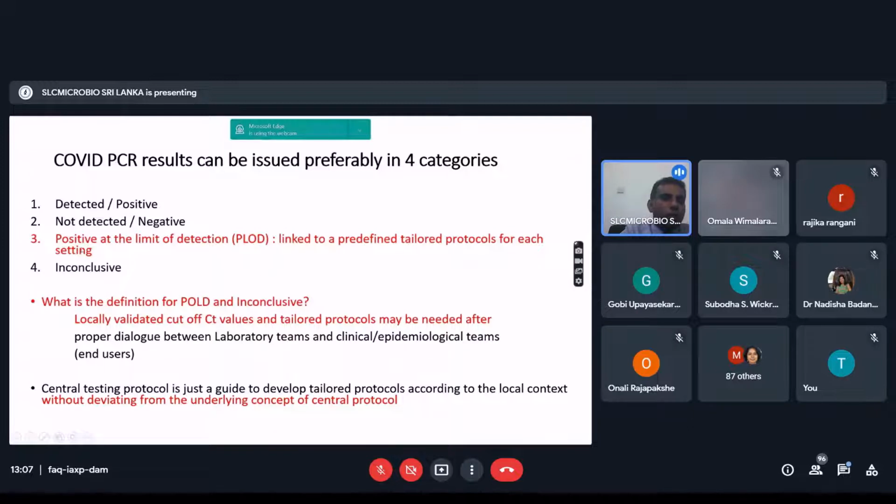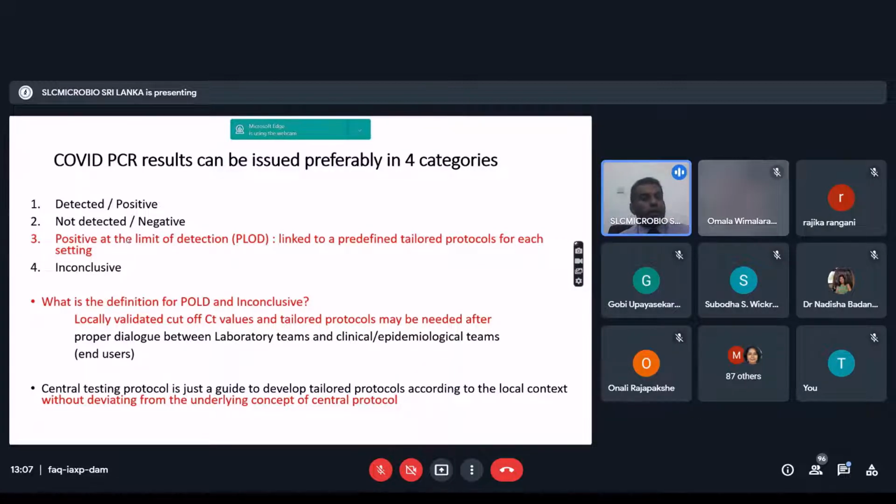I issue two categories: inconclusive, please repeat; and just inconclusive. The just inconclusive I can't give as negative, but I don't think there would be a big impact of that result. But for inconclusive, please repeat, I think there could be impact of that result, so it needs further evaluation. So that's the meaning behind that. You can put any name, but the concept is having two categories of marginal results for the benefit of